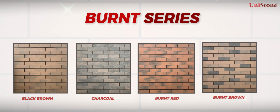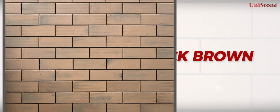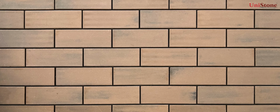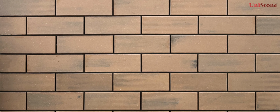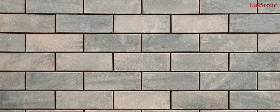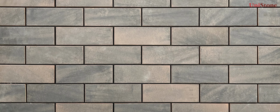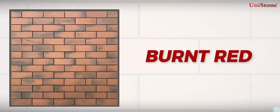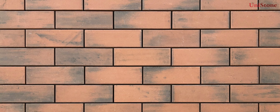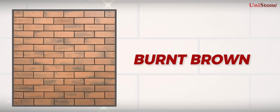Have a look at Burnt Series of clay tiles. It has black-brown, charcoal, burnt red, burnt brown,